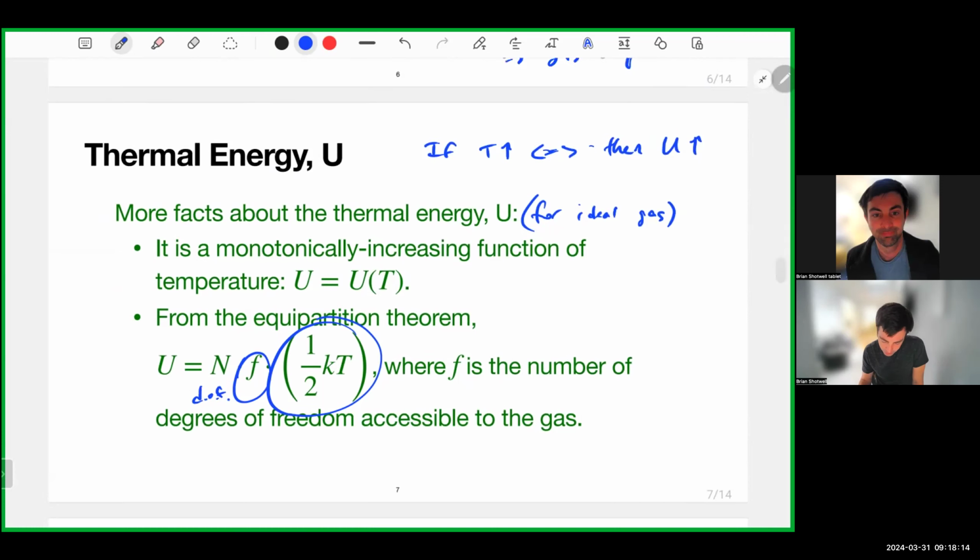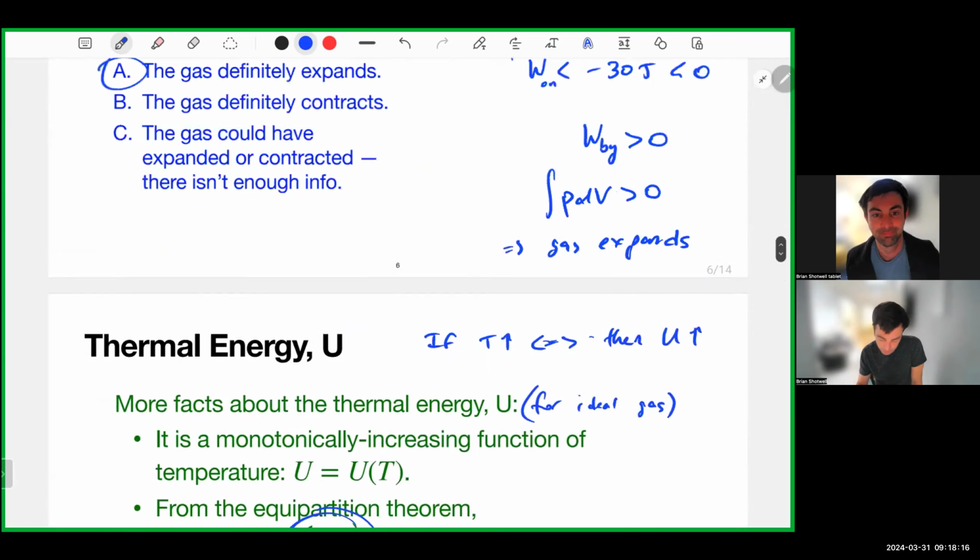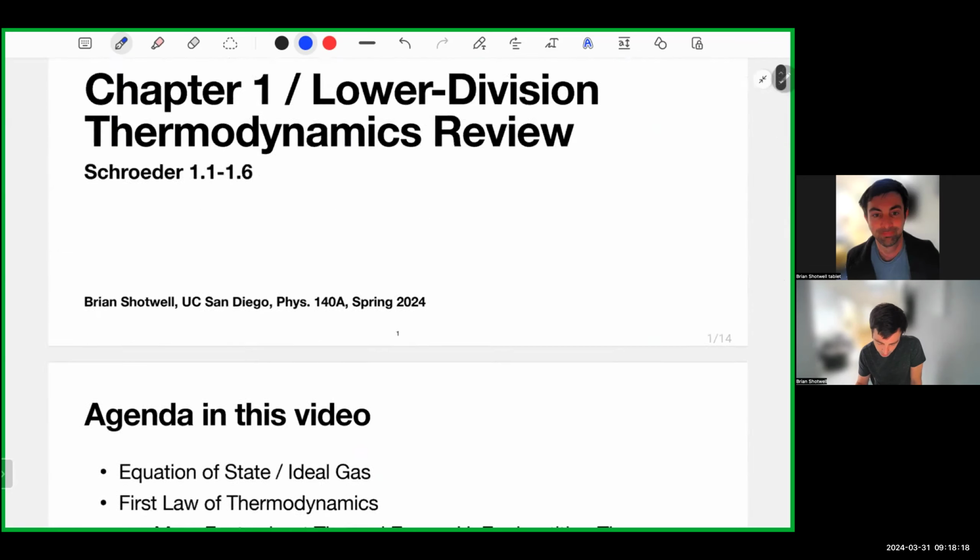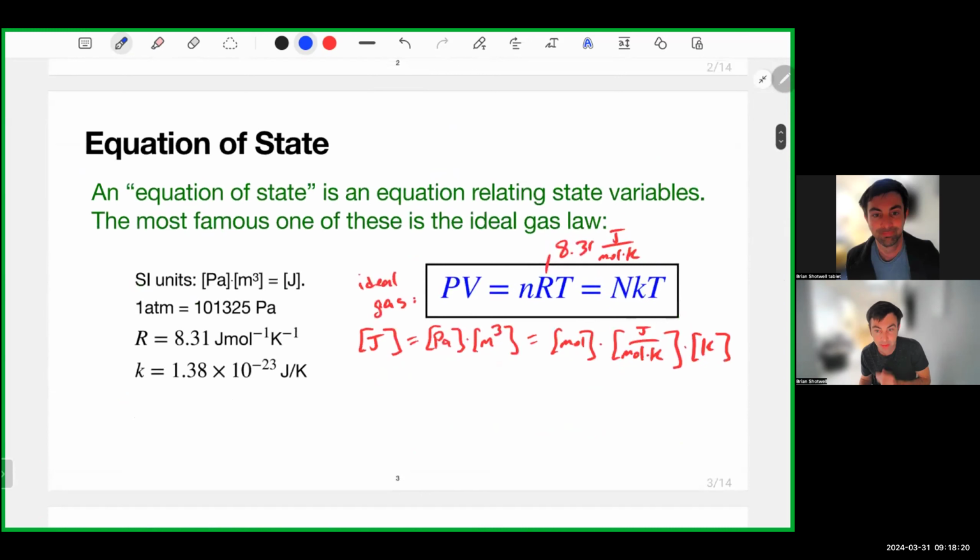I probably should have mentioned, let me come back to this actually. So in this right here, the ideal gas law, this lowercase n is number of moles, and the capital N is number of particles. So they're both known as the ideal gas law. The NkT version,